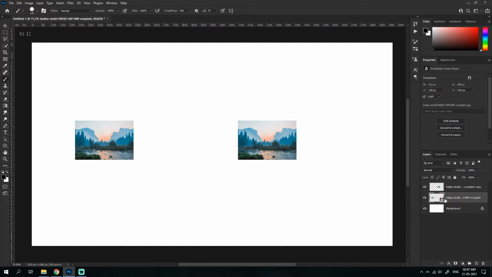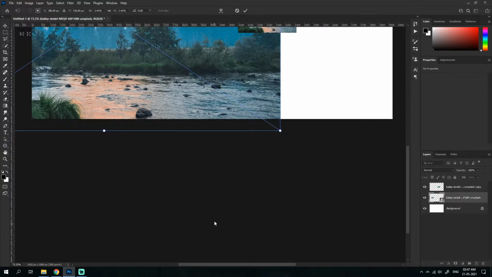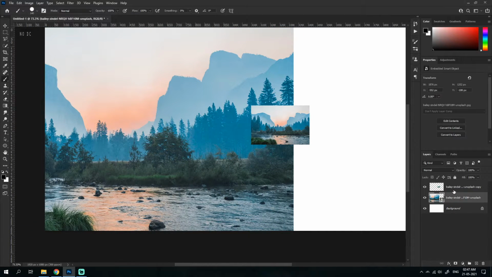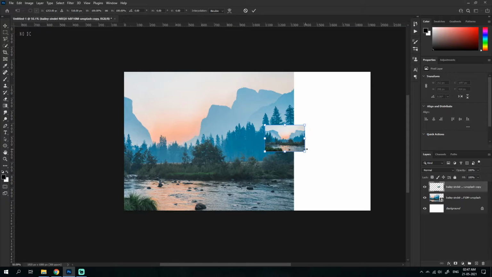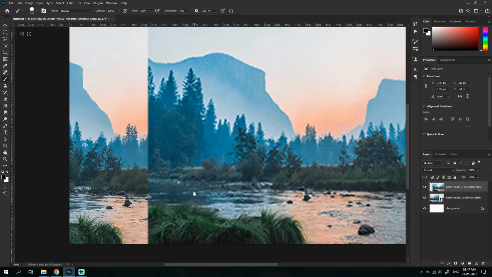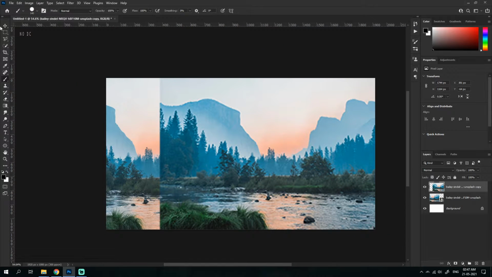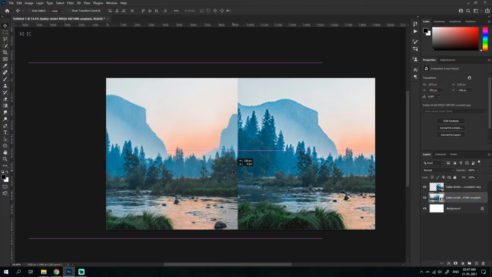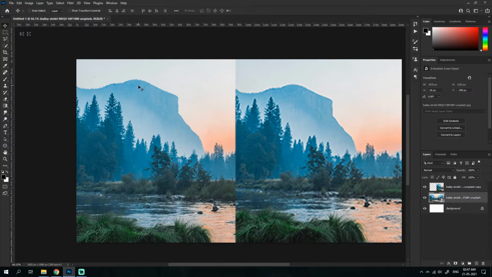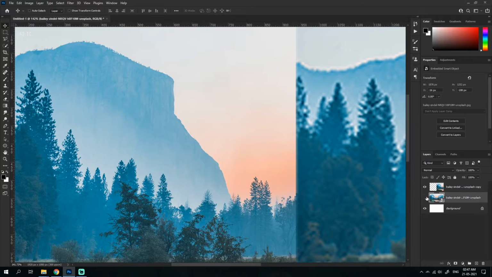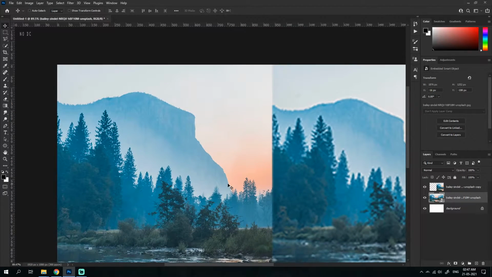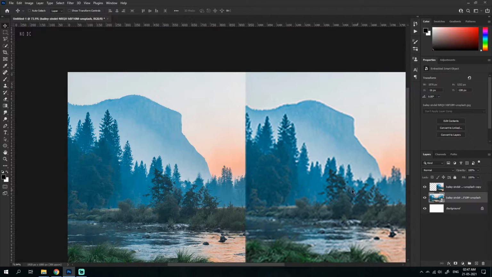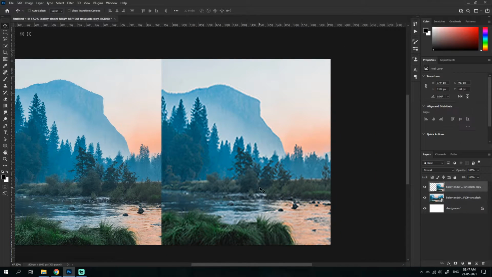I cannot click on it, but if I click on brush, you could see. But the problem with this is the left one, the smart object. Let me make it full like this way, and then let me now take the rasterized image and make it full way. Now you could see the difference between the smart object and the rasterized image. It is pretty obvious that in the smart object, that is the left one, we don't lose quality, but in the rasterized image it loses quality because it rasterizes the pixels.